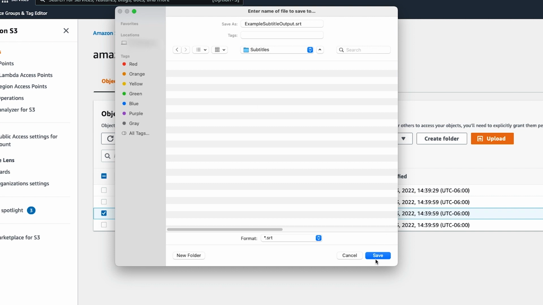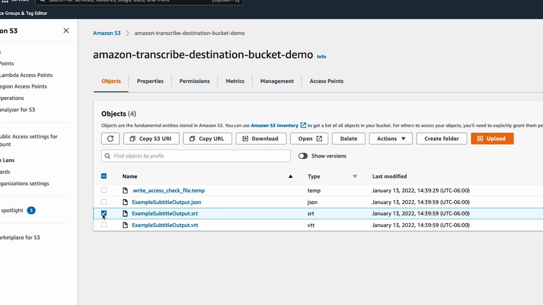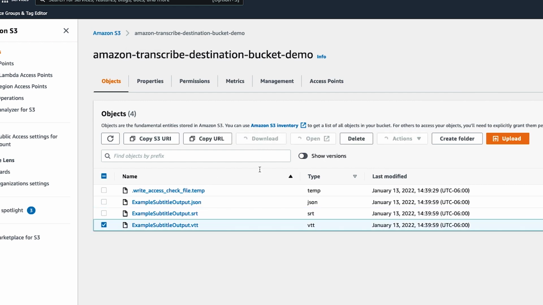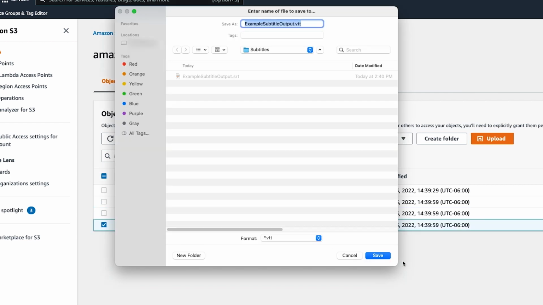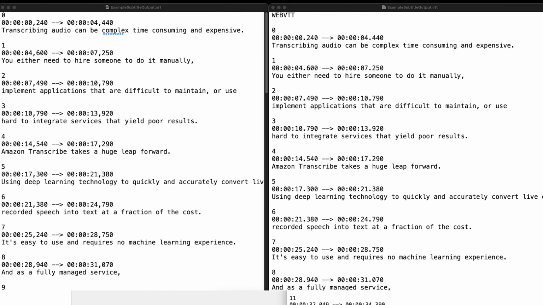The resulting output is a plain text file, and that means that any text editor can open the file to preview and edit. I will use my built-in text editor on my desktop. As you'll see side by side, SRT and VTT are very similar with just some subtle differences. In both, you will see a series of numbers, timecodes, and text. The numbers indicate the order in which the next subtitle will appear on screen. The timecode indicates when during playback the player will display the text, and the text is the transcript.